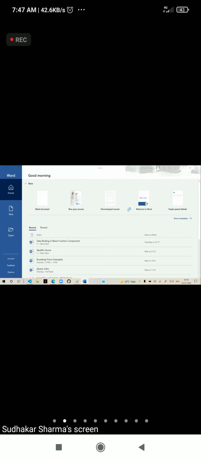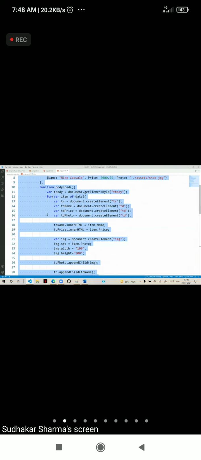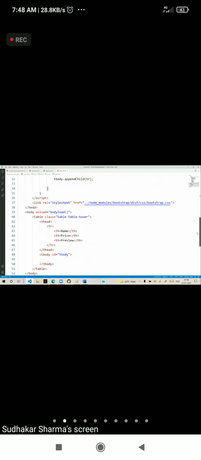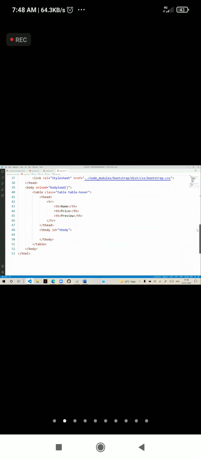Yes, Amrita, what is your doubt? Sir, in the table, we don't create the TD tag. So it is not necessary to create it. We only create it in a script, because we have to generate the row dynamically, na? Okay, sir. Understood the point? Yes. So this row itself is generated dynamically.